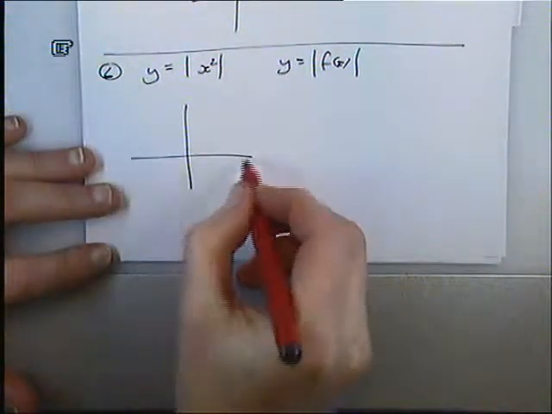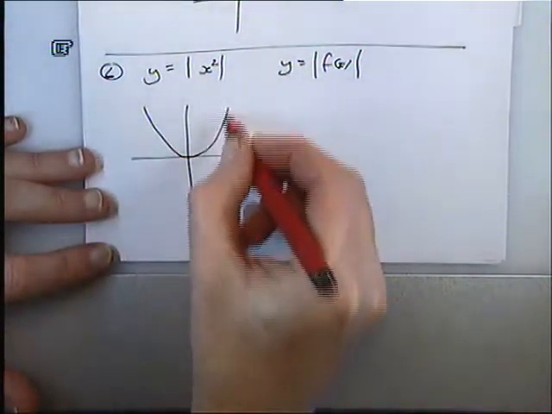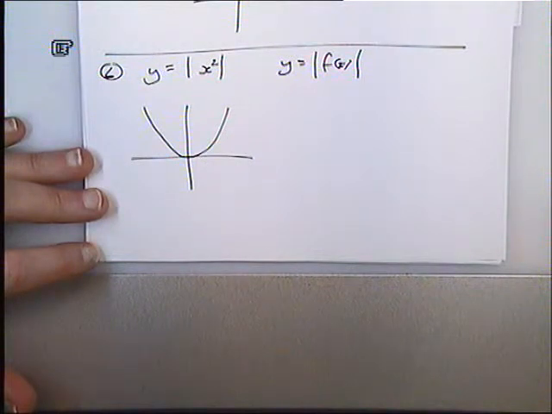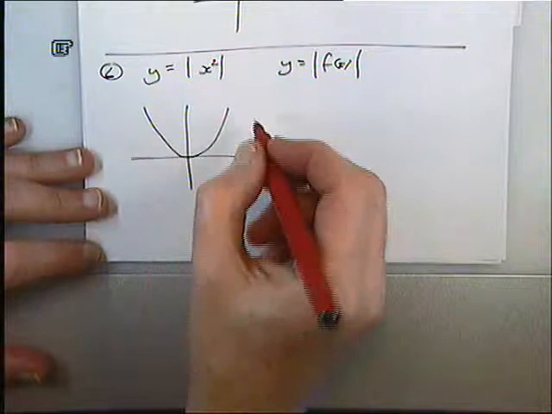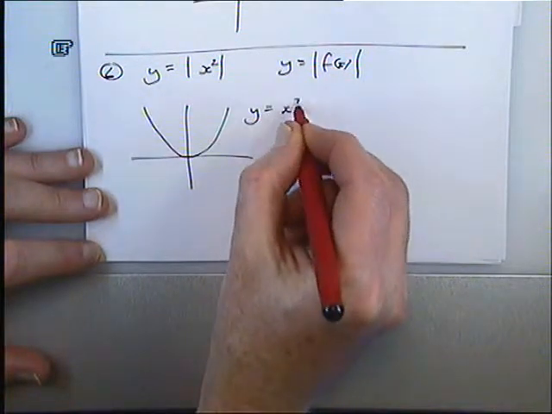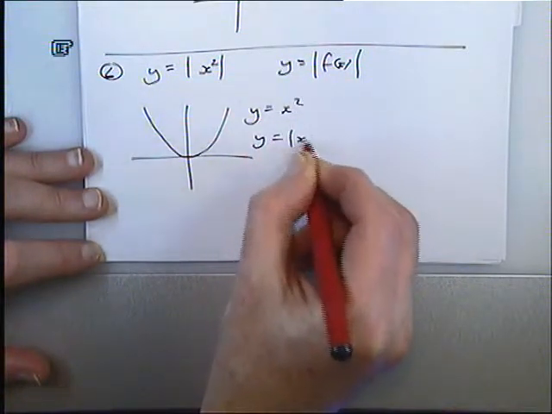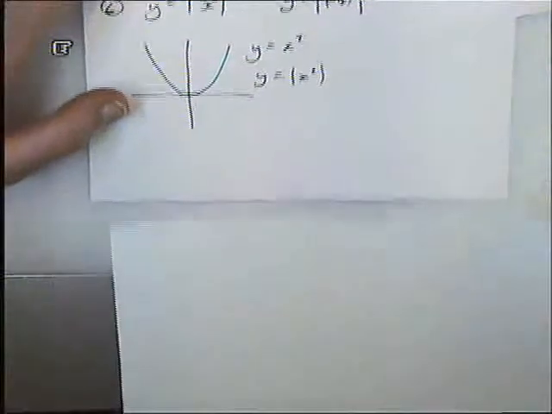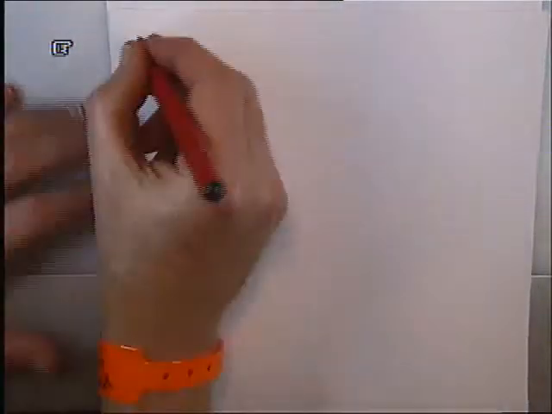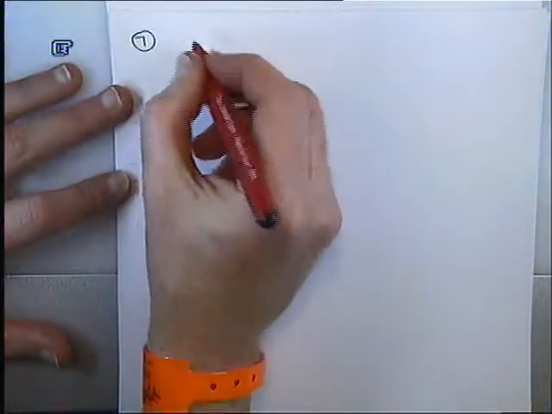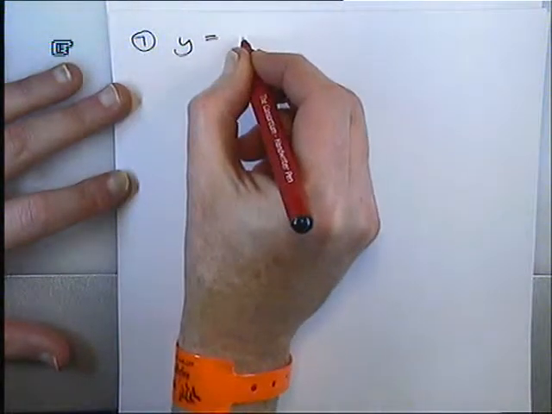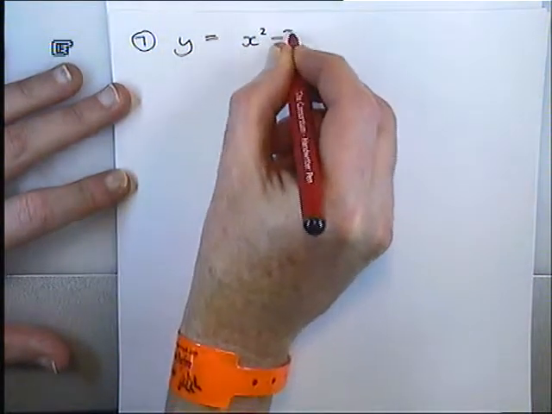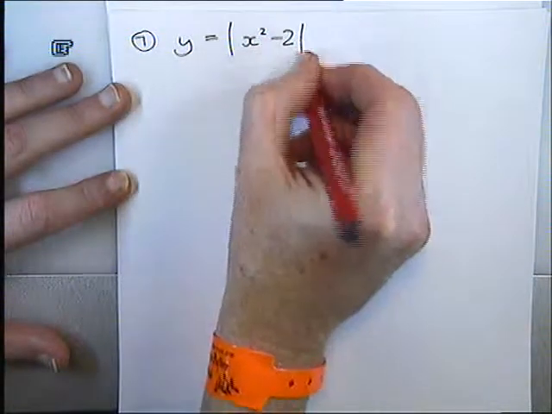Our x squared one started off life where none of it was negative, so it will have no impact at all on this one. So that is y equals x squared. It's also y equals mod of x squared, because nothing was negative to start with. However, if I had started with something different, now this is where we get to the combining bits. If I had started with x squared minus 2 and then modded it,